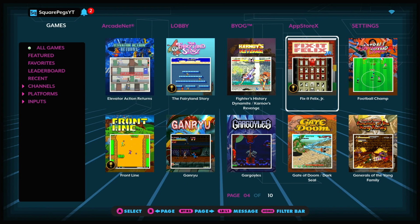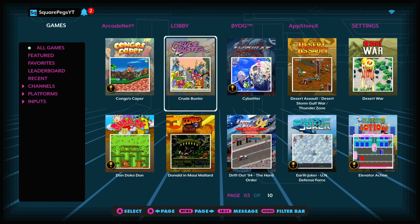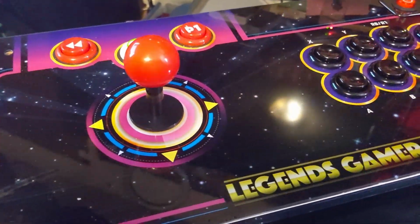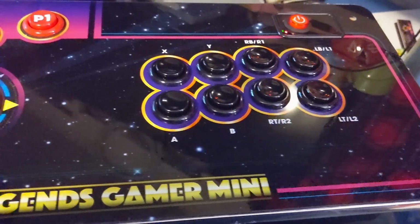this up. This is the Legends Gamer Mini Arcade Kit, and what this does is basically an at-home arcade machine without having to have the entire room taken up by an arcade stand-up. Now, out of the box, I gotta be honest, I was pretty impressed by this thing. I think the joystick setup itself is really solid. It has good heft to it, like it doesn't feel like something I'm going to break,